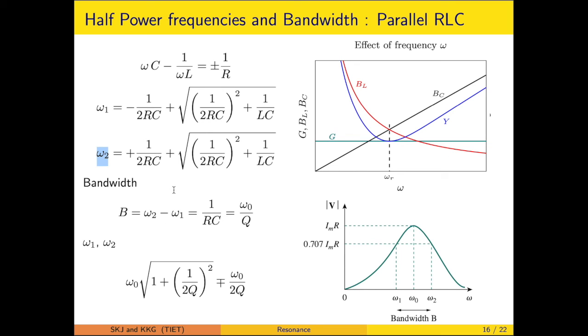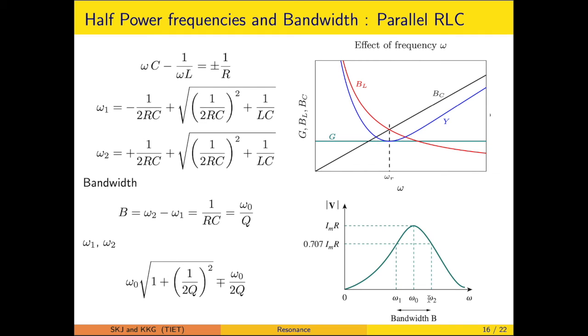So when we solve by the procedure listed out previously, the bandwidth is calculated again as omega 2 minus omega 1 is equal to 1 upon RC. So that particular is still coming out to be the bandwidth, equal to omega 0 upon Q, or you can say the quality factor is the ratio of the resonant frequency to the bandwidth likewise. So on a similar line, you can approach the half power frequencies in terms of the quality factor and the resonant frequency likewise. So that particular is to be analyzed on the analogous line.